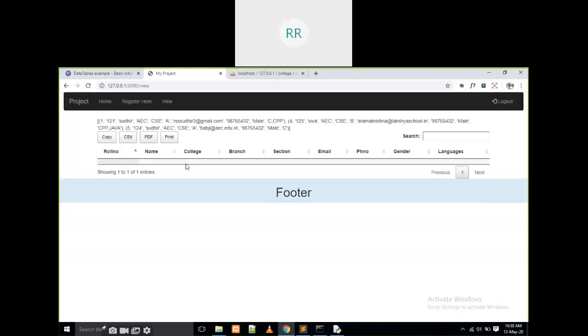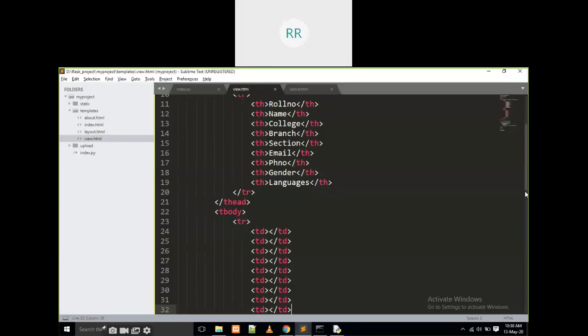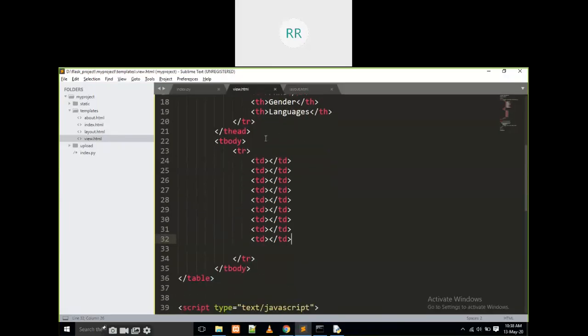Yes, the roll number, name, college, branch, section, email, phone number, gender, language, everything will be coming here, and there is no specific data. Now, how many records are there, students? 3 records are there.